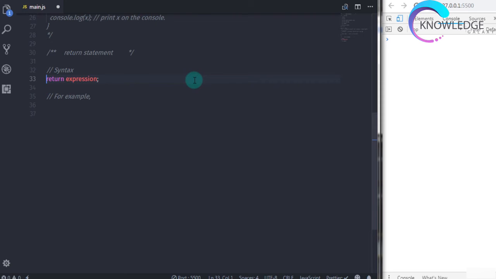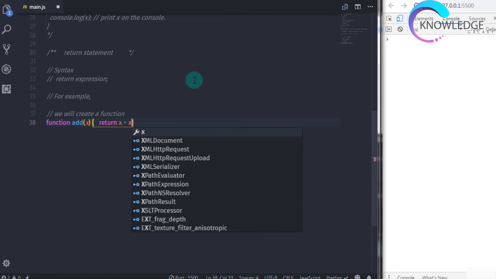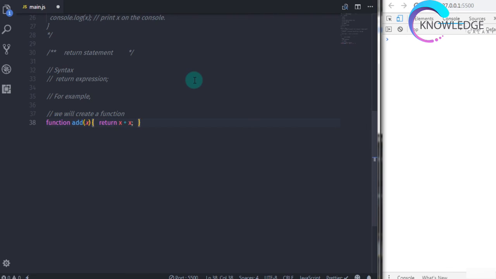For example, to create a function, I will say function and then specify the name of that function. After that I will specify the parentheses, and in those parentheses I will specify an argument. So I will say x here, and just after that I will specify the body of that function. In the function body I will specify a return statement with the expression x plus x. So here I will just return the addition of two equal values, right? Just after that I will print the value on the console. So I will say console.log,